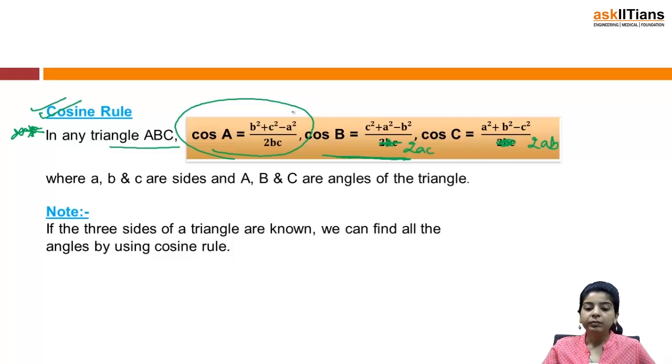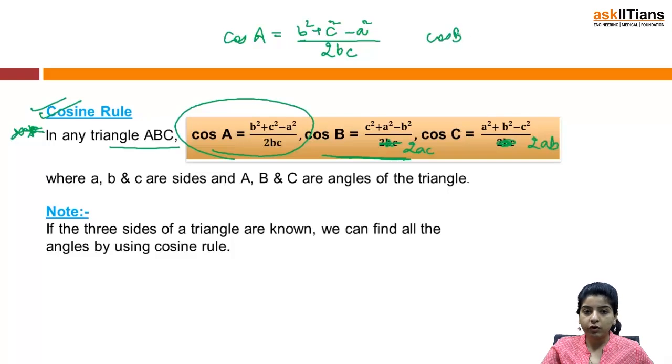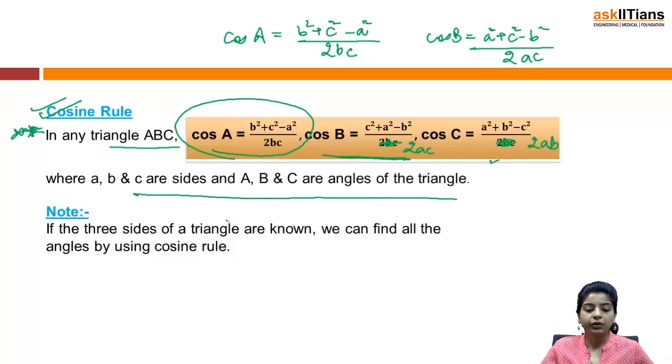And I'll tell you an easy method to learn this formula. See, when you have cos A, when you have angle A, positive will be the other two sides, that is b and c would be positive, negative would be the side corresponding to this angle, and in denominator also you will have the two sides which are not corresponding to this one, that is you will have 2bc. Now similarly, if you have cos B, a square plus c square would be common, b square would be negative, and in denominator you won't have a term of b and it would be 2ac. And similarly in case of cos C, where a, b, c are sides and A, B, C capitals are the angles of the triangle.